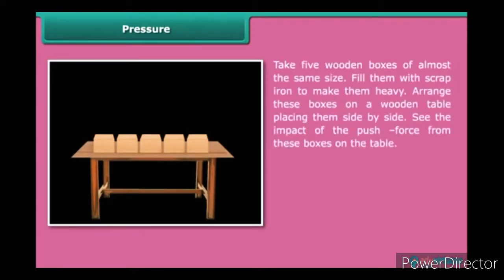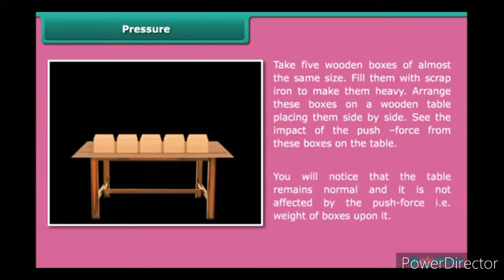Take 5 wooden boxes of almost the same size. Fill them with scrap iron to make them heavy. Arrange these boxes on a wooden table, placing them side by side. See the impact of the push force from these boxes on the table. You will notice that the table remains normal and it is not affected by the push force, that is, weight